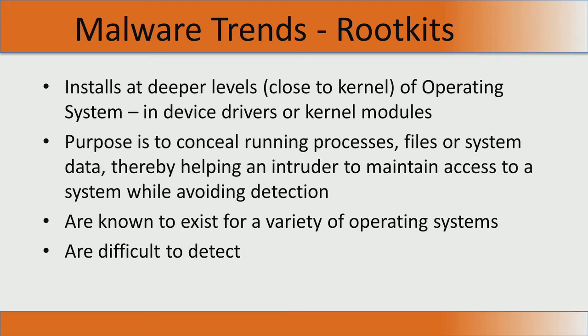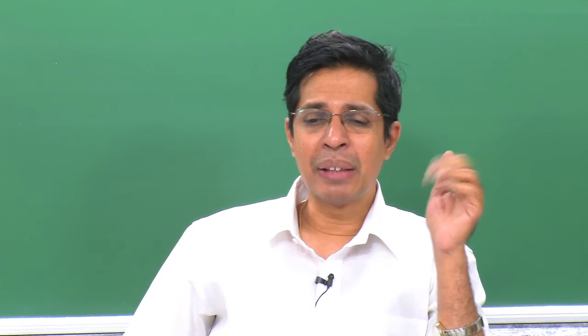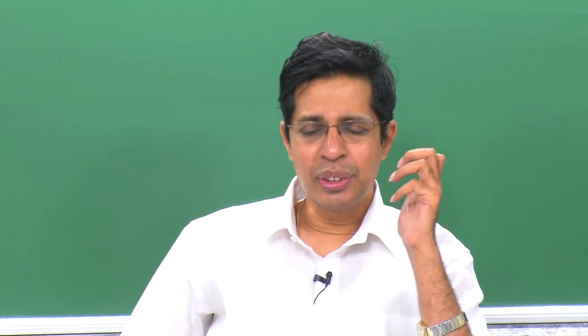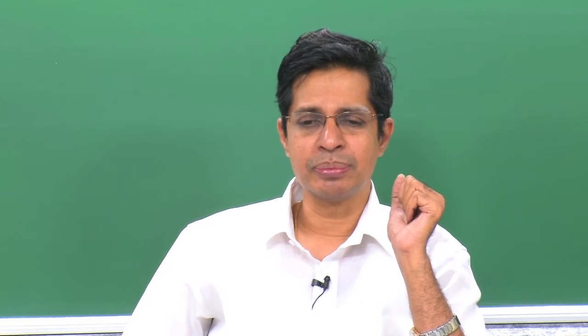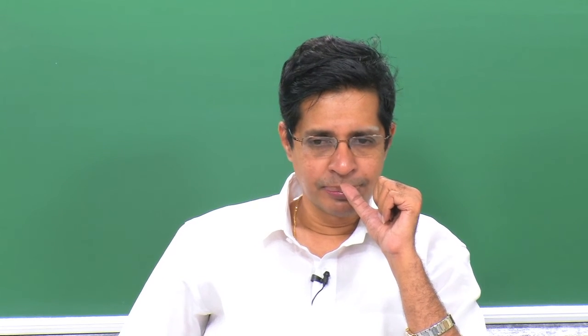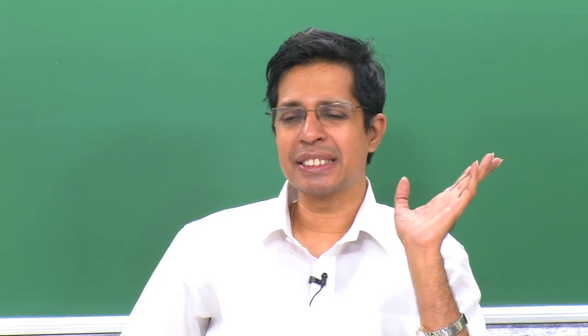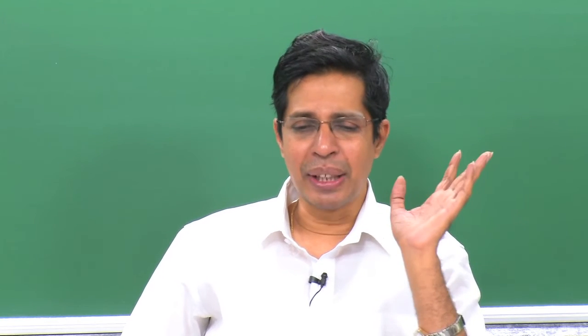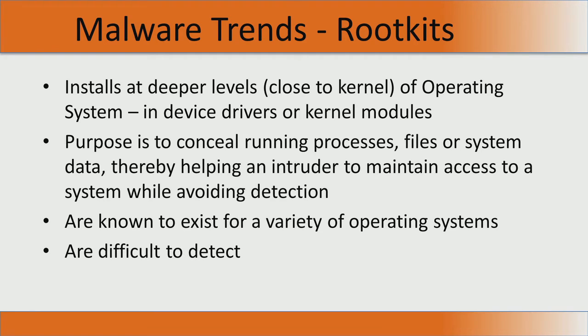The other type of malware is called a rootkit. A rootkit sits much deeper, very close to the kernel, unlike the other malware that we have been talking about. It is at deeper levels of the kernel, very close to the kernel of the operating system. What will a rootkit do? The rootkit is essentially to conceal running processes, files or system data, thereby helping an intruder to maintain access to a system while avoiding detection. So, the rootkit essentially promotes stealth,